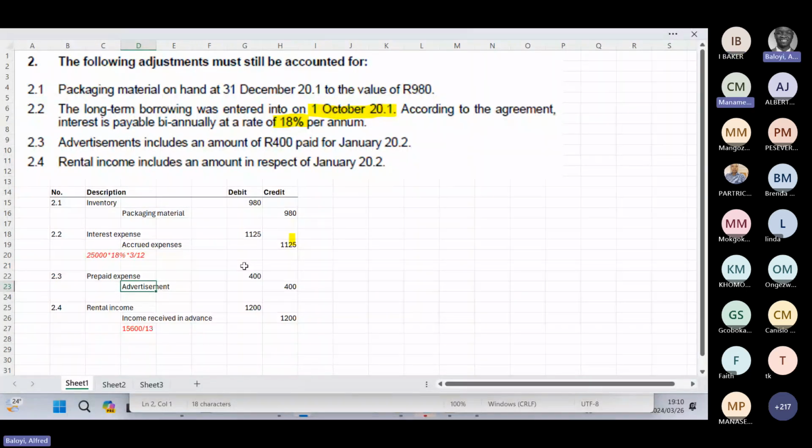Alfred, can you help with the question? Okay, Clara, I can come in. Each company can select their own financial year, so there is no standard financial year end. Some companies will have January, others February, June, October, depending on their accounting policy. So you need to be careful when you read the questions. Highlight the company's year end so that you do not miss their accounting period.